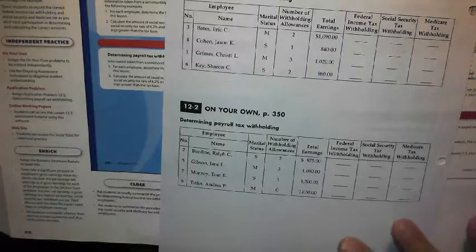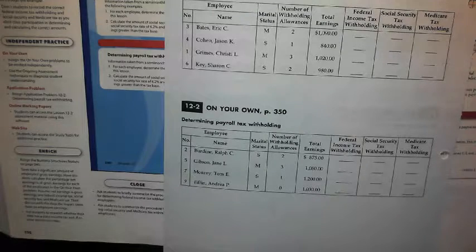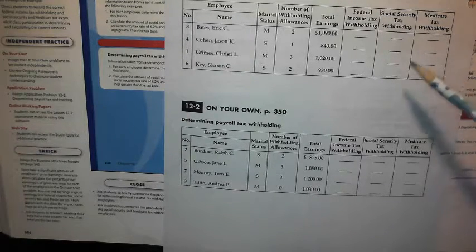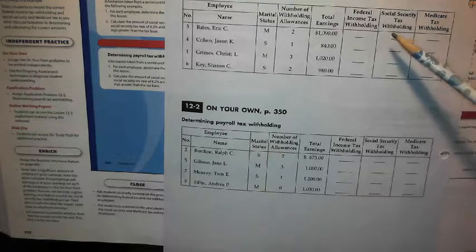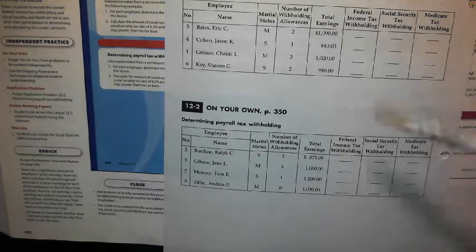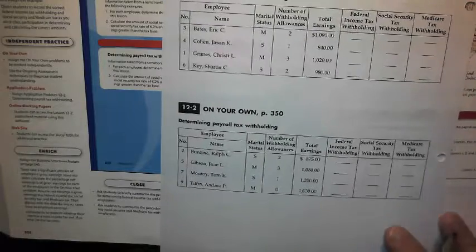Okay, the 12-2 work together. A little bit more going on here than there was in section 1. On this one, you're going to figure out the tax withholdings out of a paycheck. So on this one, we'll be using the pink chart